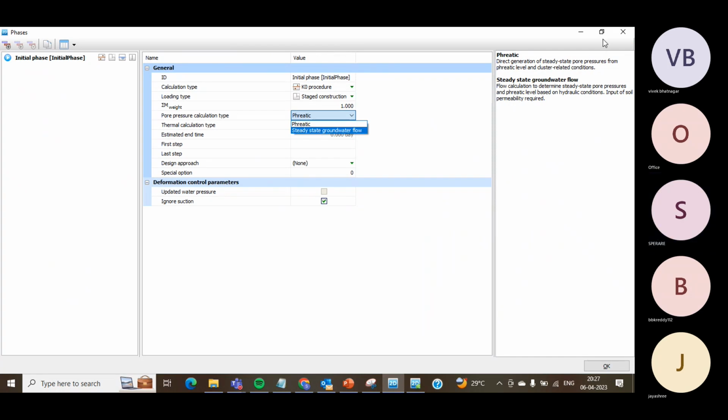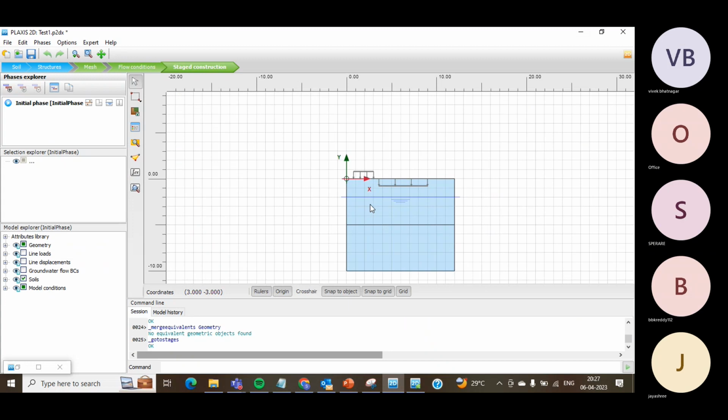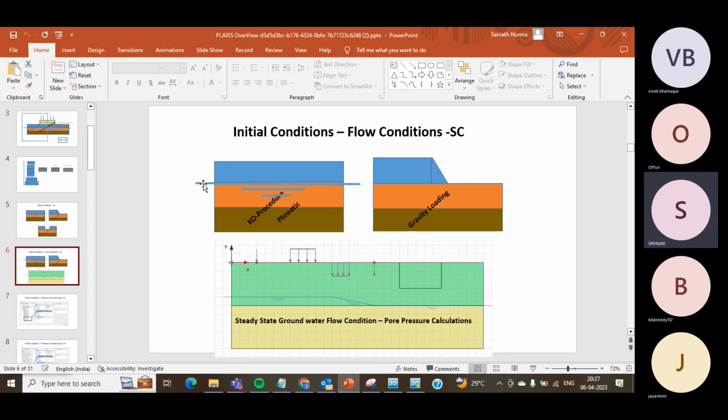So what you need to decide is the pore pressure calculation type. Which one do you need to choose? If your water level is the default one that comes out from the borehole,